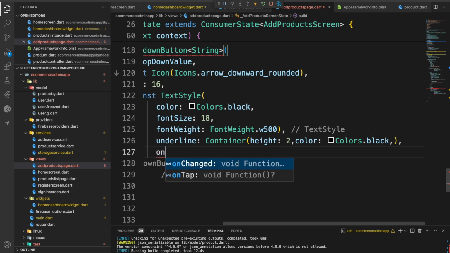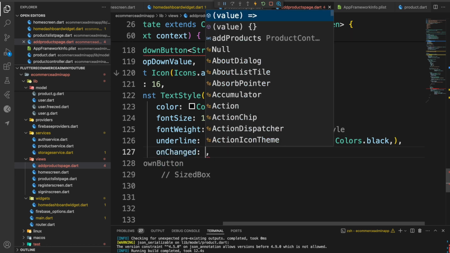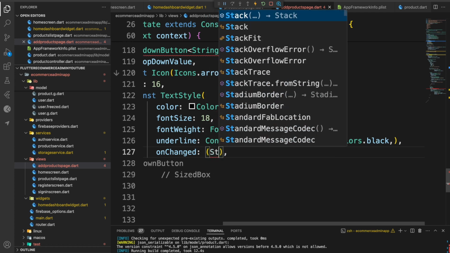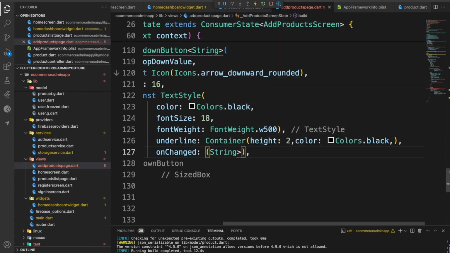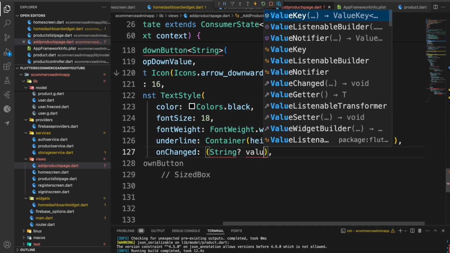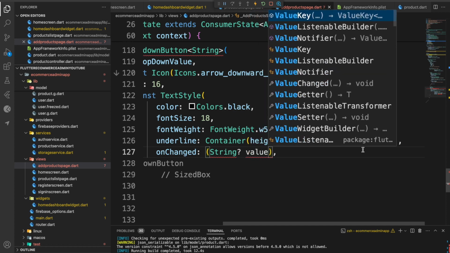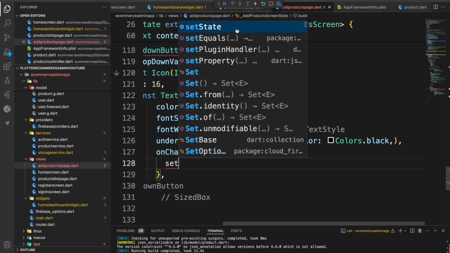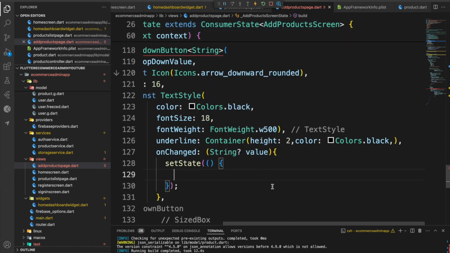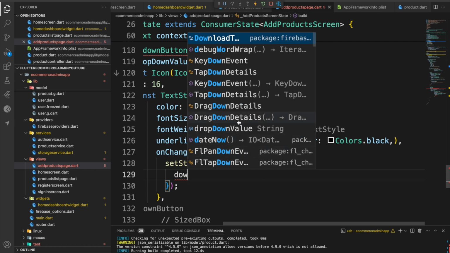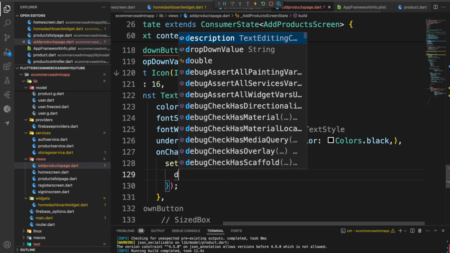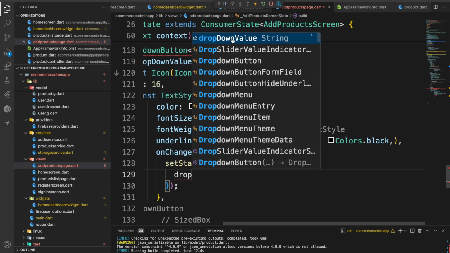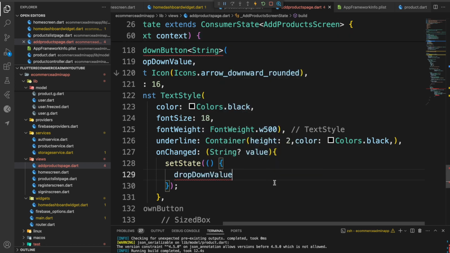and then we need the onChanged. So for the onChanged, we are going to take in a string which can be a nullable value, okay, and then we are just going to set state, and then we are going to set the dropdown value to the value that the user has selected, like this. Okay,